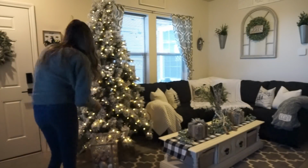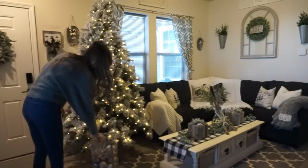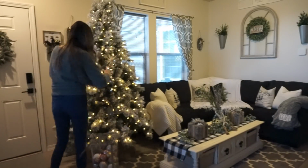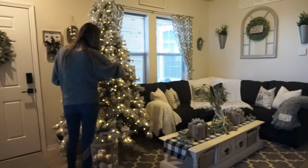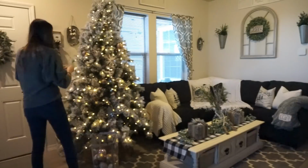And now it is finally time to decorate my Christmas tree. This bad boy has been up since November 1st, but I am just now getting around to decorating it. I got all of my ornaments from Costco a couple years ago. They are all the unbreakable ornaments, which I need